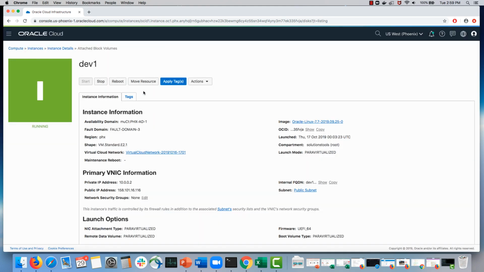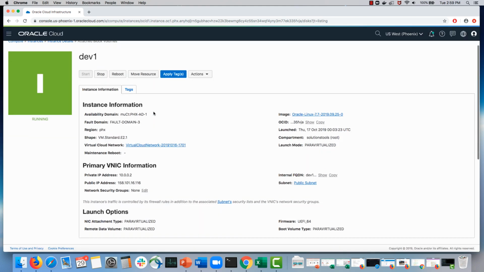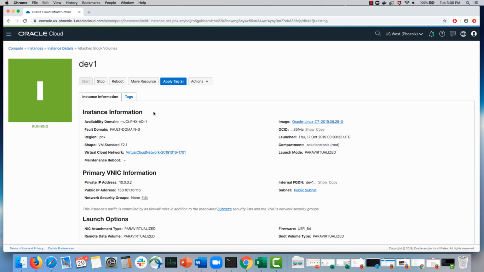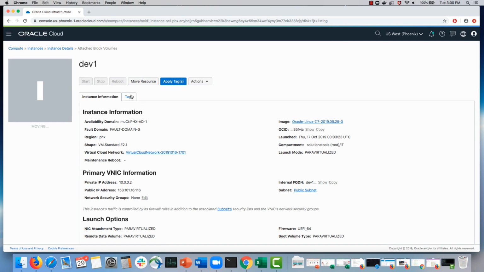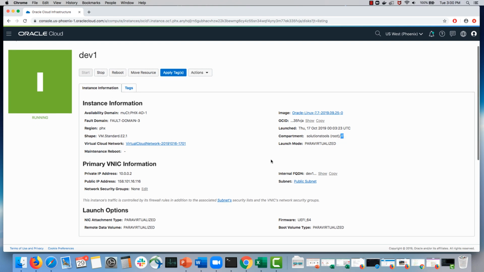So let's move the resource. And yes, it's moving the resource right now, and it is showing that this resource is being moved into the IT compartment,